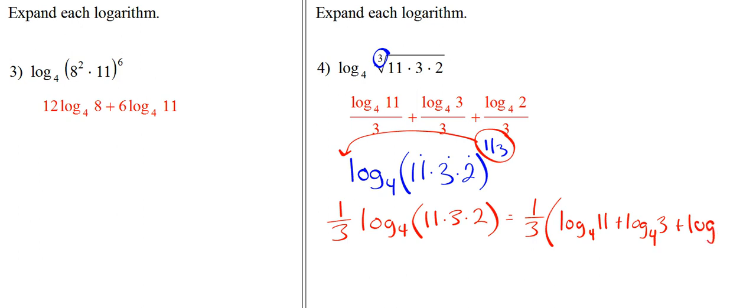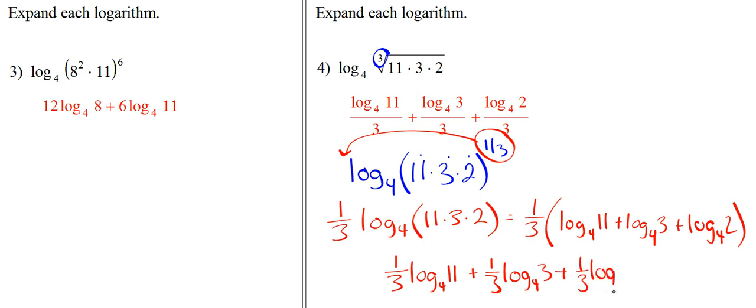The arguments are all being multiplied, so when I separate them, they're all added. And then the last really big step here is, the 1/3 has to be, I'm going to put it with all of these logs separately. 1/3 log base 4,